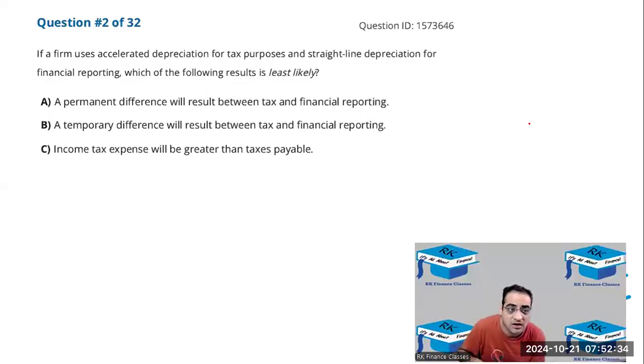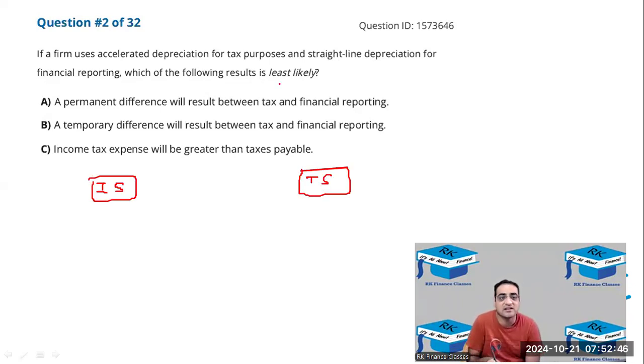All right. So, in the income statement, the straight line method is being used for financial reporting. In the income statement, we are going to use the straight line method of depreciation, and in the tax statement, we are going to use accelerated depreciation. Okay. So, the depreciation generally in the